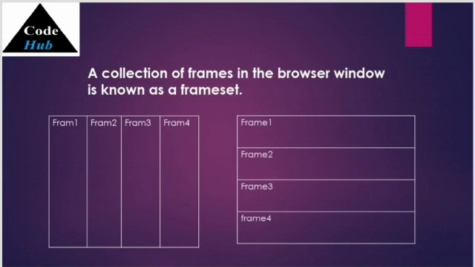The window is divided up into frames in a similar pattern to how tables are organized in rows and columns. The simplest frameset might just divide the screen into two rows, while a complex frameset could use several rows and columns.